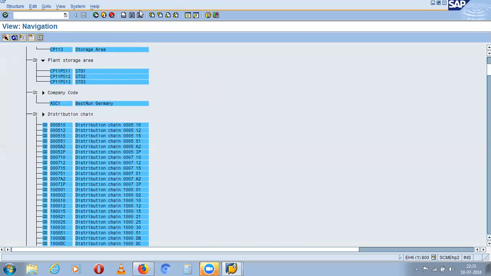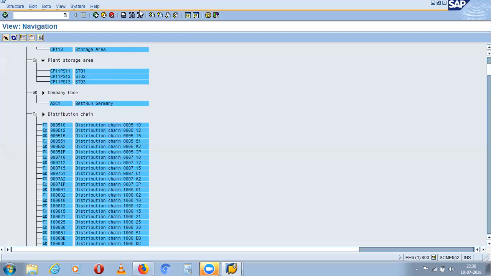So for tomorrow, under ASH you create one more company code, and one plant under that, plant and store location.